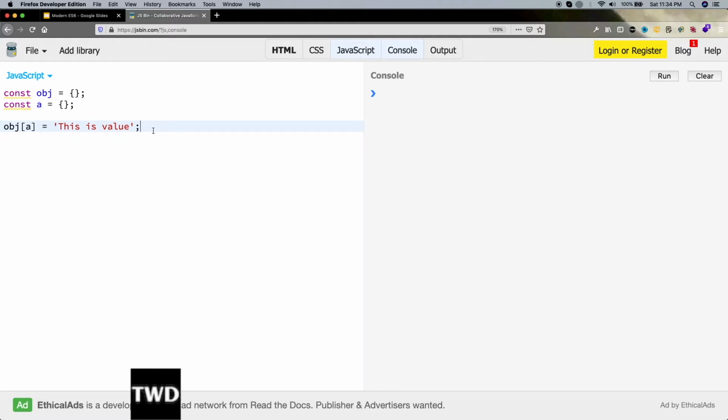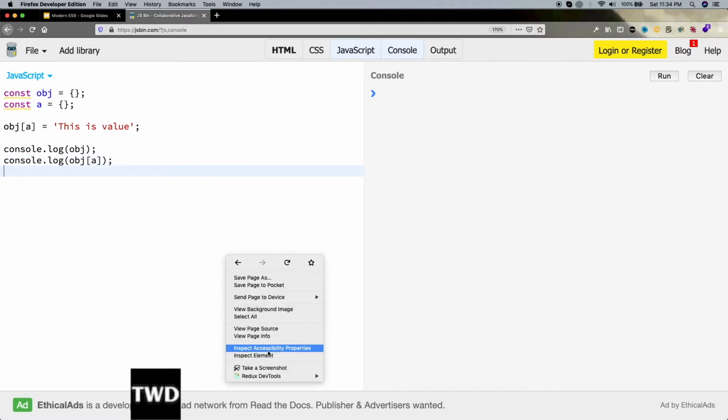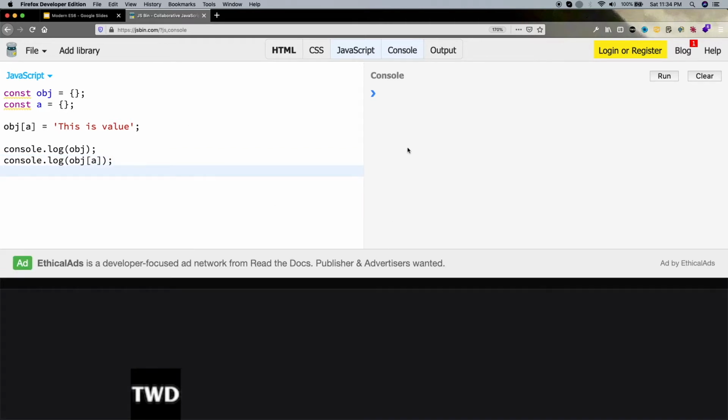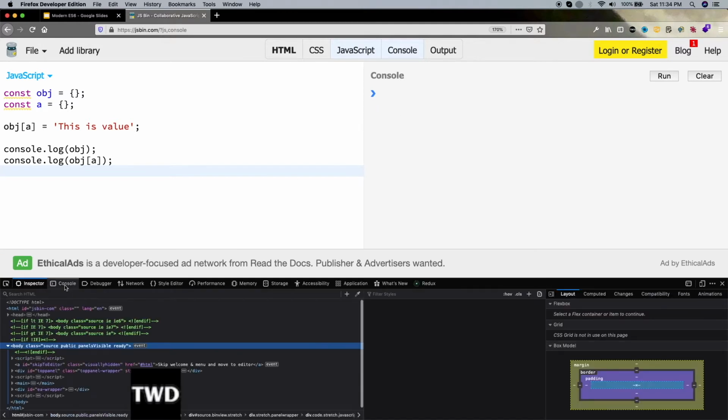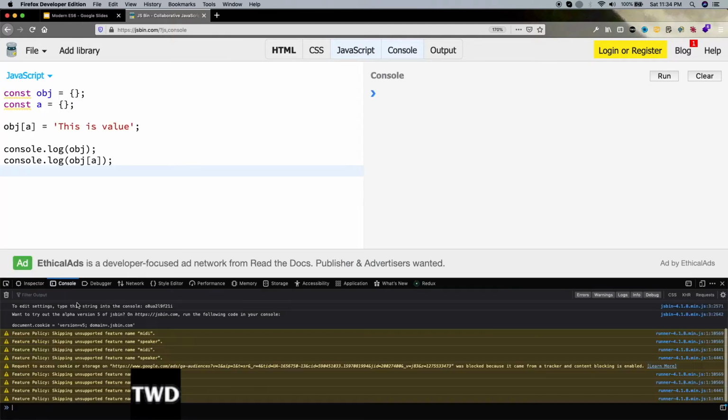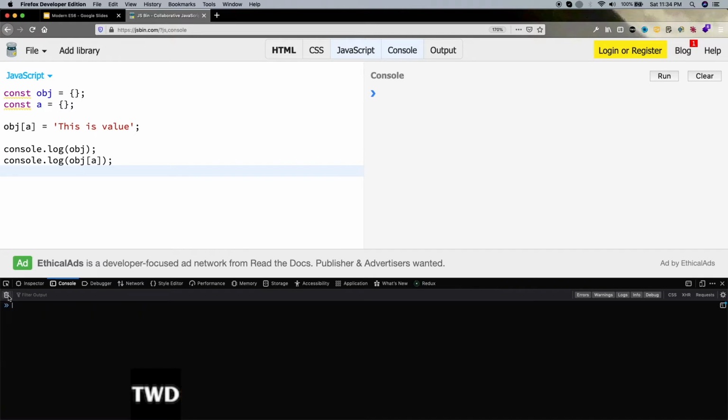So let me do now console.log of obj and console.log of obj[a]. I will also open my console because one thing I found out is that this JSBin console is not coming out well. The object comes, which seems a bit bad.